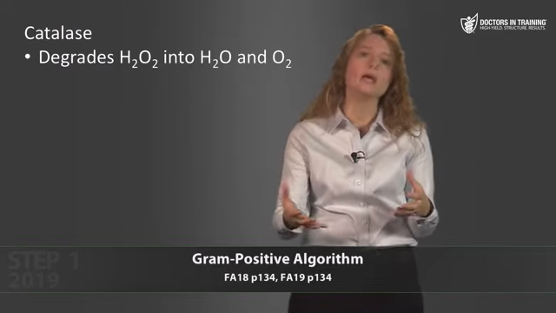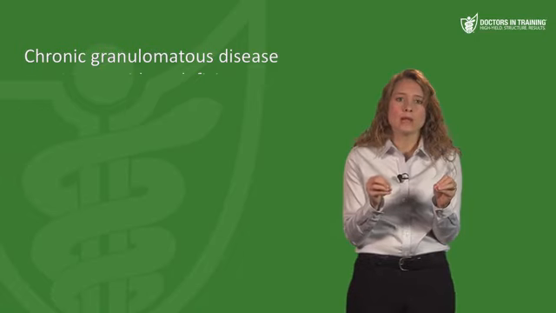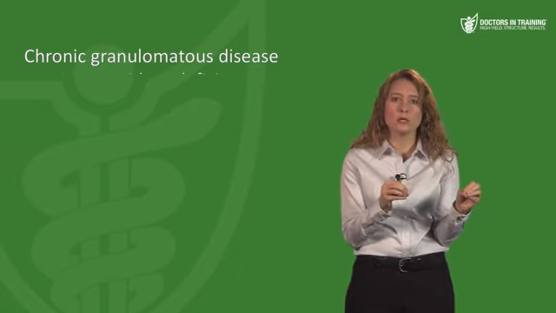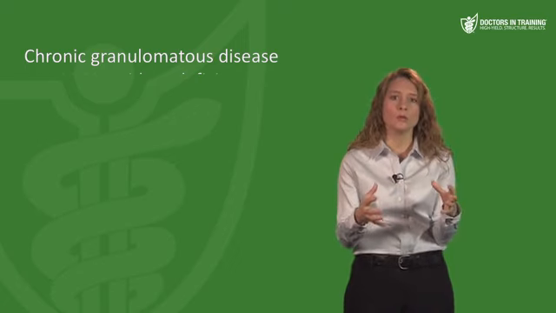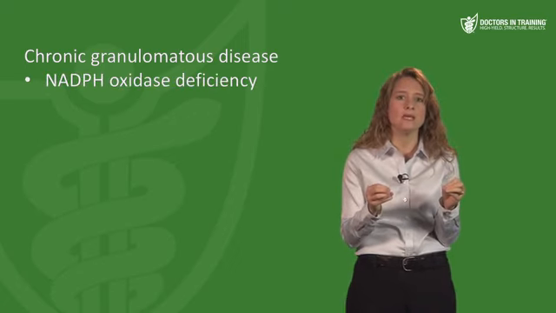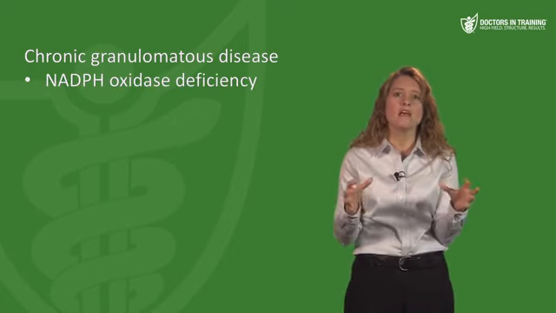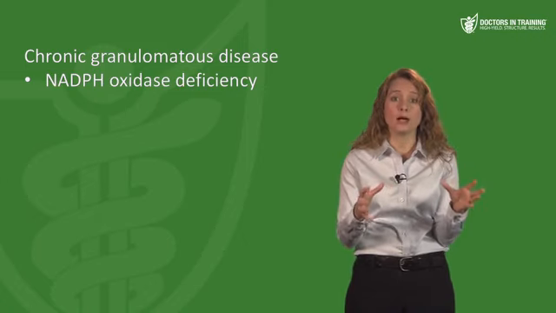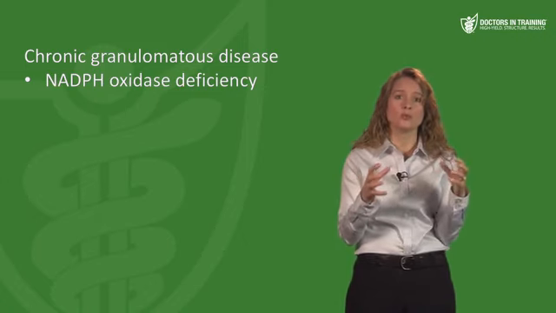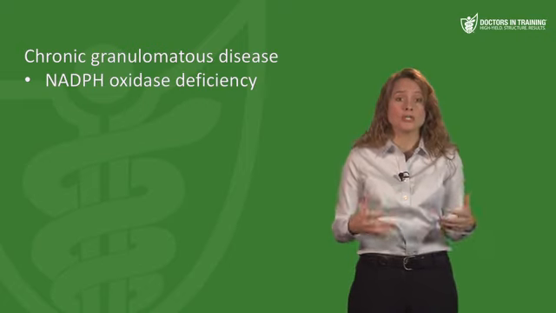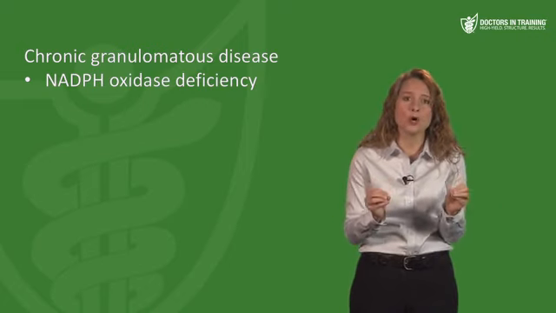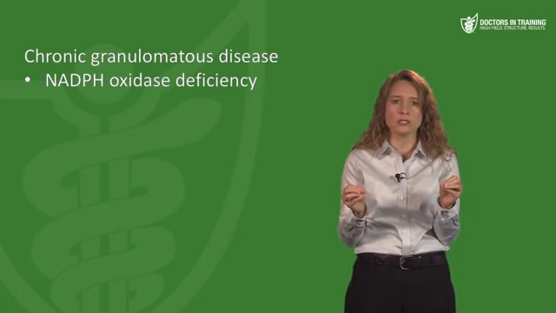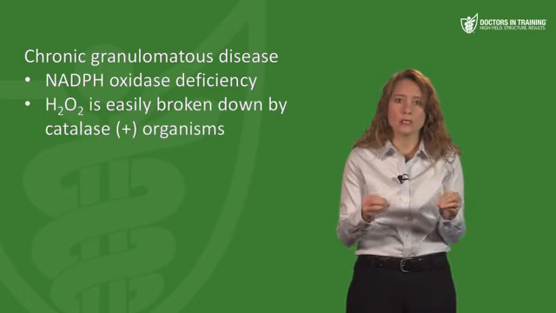on those bacteria. I want to take a second to remind you about the link between catalase-producing organisms and chronic granulomatous disease. People with chronic granulomatous disease have NADPH oxidase deficiency. Phagocyte NADPH oxidase is used to reduce oxygen to reactive oxygen species, an early step in the formation of hydrogen peroxide and hypochlorous acid. If the host cell cannot form reactive oxygen species, then the small amount of hydrogen peroxide